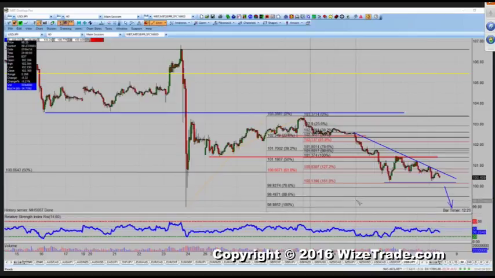Damn, Kiwi's hitting new highs again. By the way, the Kiwi's at 127% extension right now at 72.80. I'll get to that in a minute. Stupid Kiwi. Damn thing's so strong. Okay, so anyway,